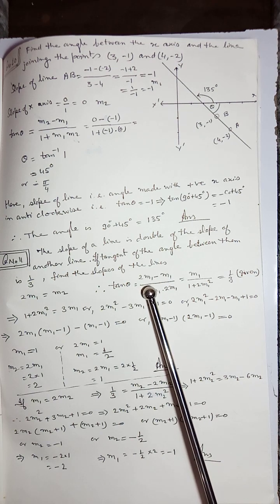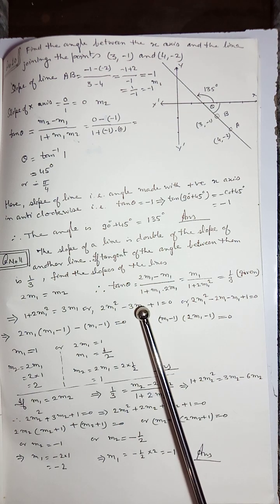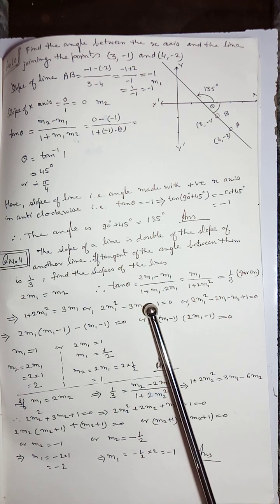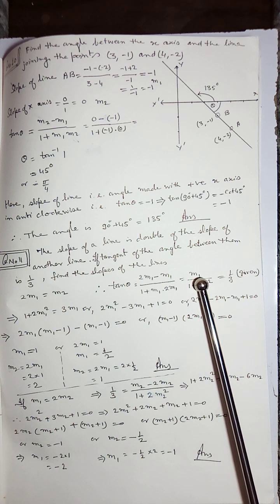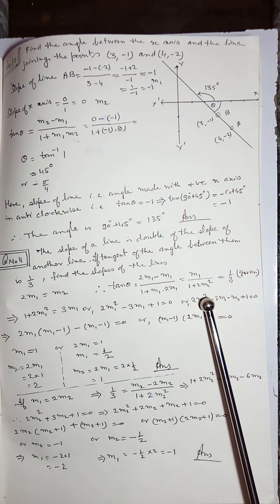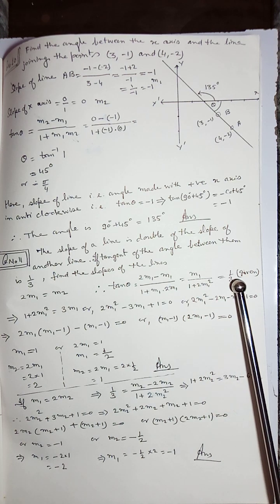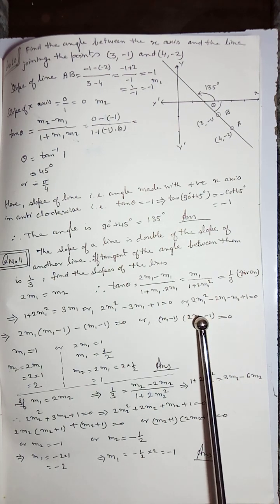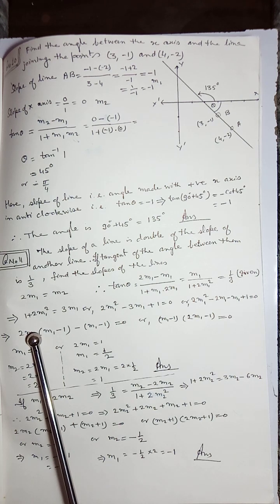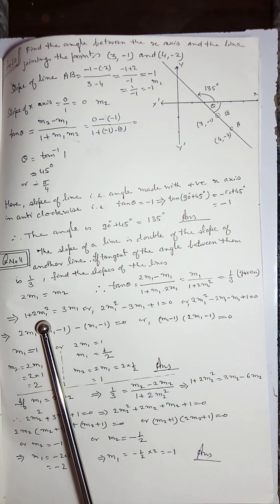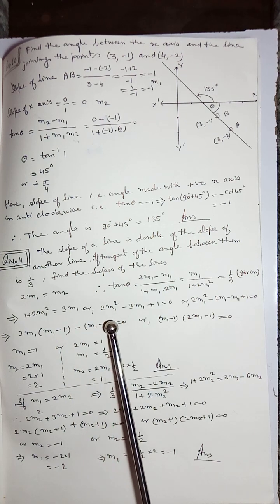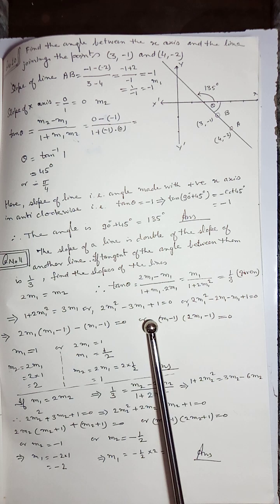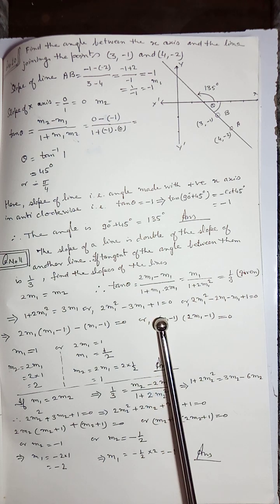m1. In place of m2, I have written twice of m1, over 1 plus m1 into twice of m1. So it will be equal to m1 upon 1 plus twice of m1 square, and it is given that 1/3. So just cross multiply this, you will get a quadratic equation, that is 1 plus twice of m1 square is equal to twice of m1, or twice of m1 square minus thrice of m1 plus 1 is equal to